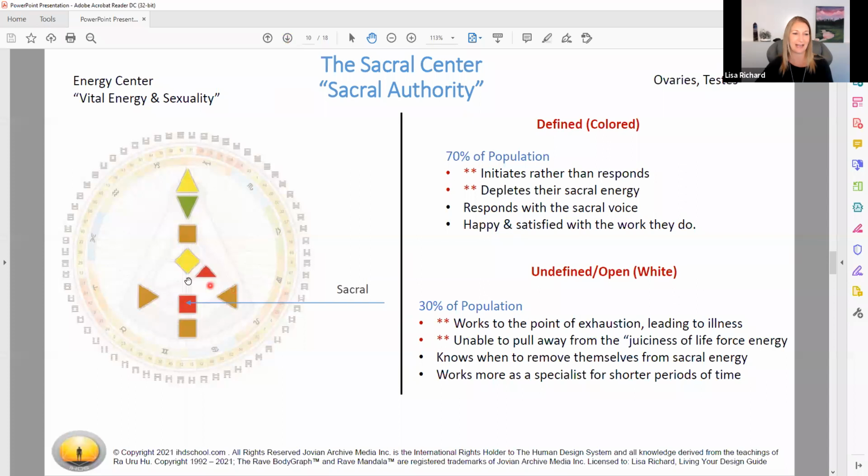Now we're going to move over to that sacral authority. So that is the square in your body graph. Anybody who is a manifesting generator or a generator, you automatically have this defined in your chart. All of the other energy types do not have this. So around 70% of the population, you have this defined. Now what that is for you is your beautiful life force energy. This is what is creating your aura. It's making it warm and enveloping, pulsing it out into the world.